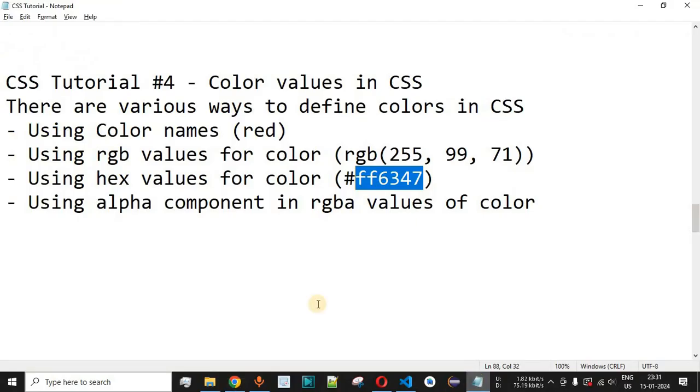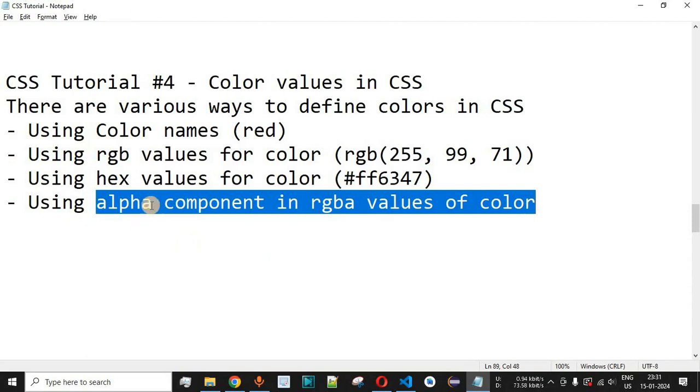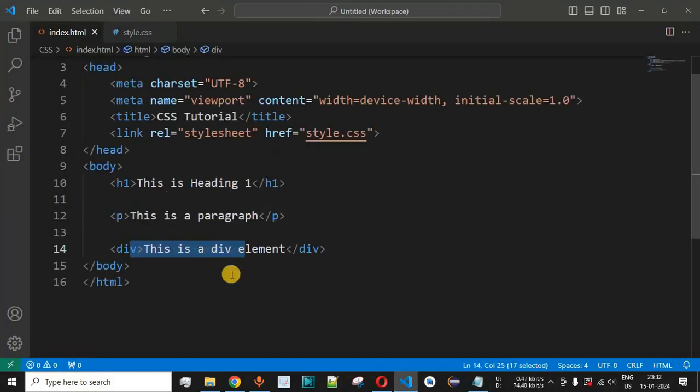Now guys, apart from this, we also have something called the alpha component in the RGBA values of the color. Alpha is nothing but it defines the transparency, that is how transparent a particular color should be. So let's say we want to apply a certain background color to this div element over here.